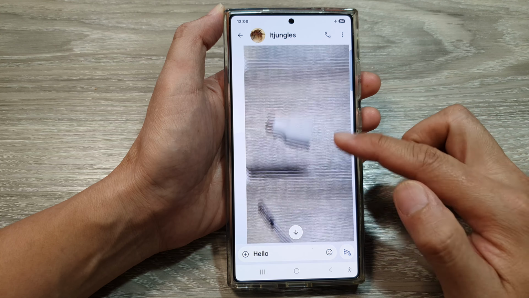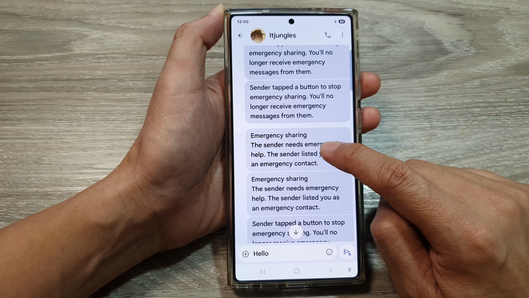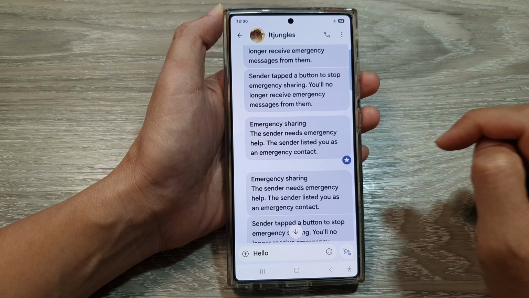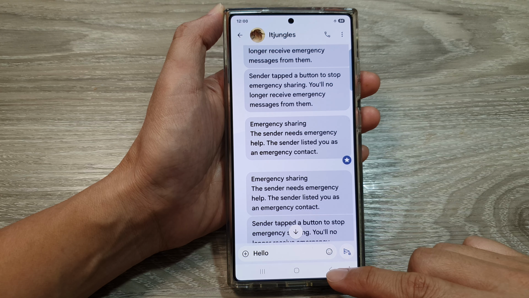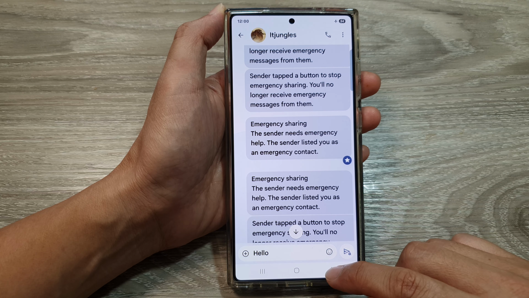Here is another one. So let's say if I want to star this text message, I can touch and hold on it and then tap on the star to pin it down. And that's it. So later on, when you want to quickly retrieve your bookmark, all you have to do is